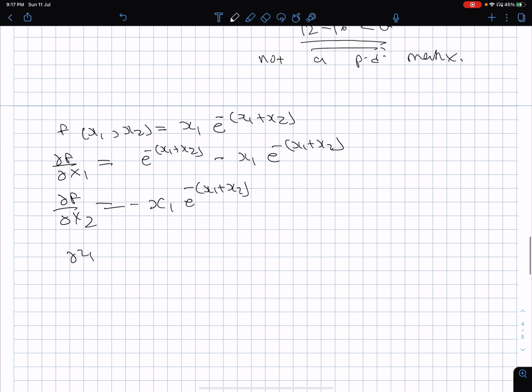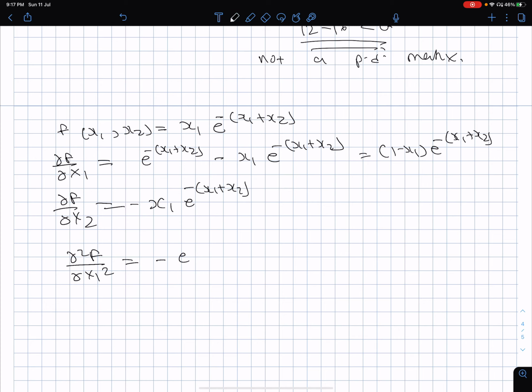So therefore del square f with respect to del x1 square is going to be equal to, so I can write this equation as (1 minus x1) into e to the power minus of (x1 plus x2), and this one I should once again take a derivative with respect to x1. So therefore it will turn out to be minus of, when I take the derivative of this with respect to x1, it is minus of 1.